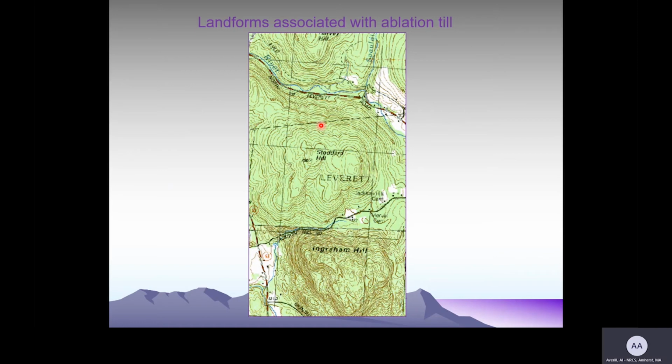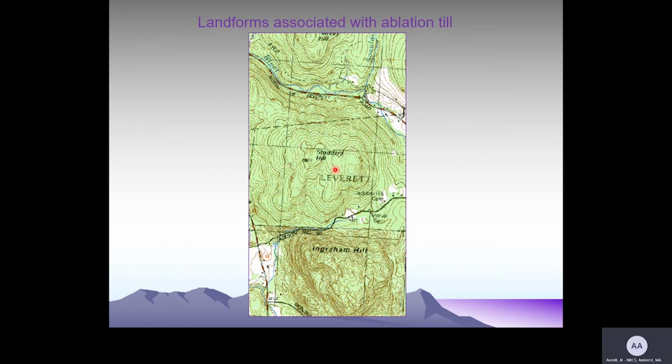Lodgement till, ablation till or supraglacial till tends to be on the valley sides of hills. They tend to be not as smooth shaped, and you can see that these contour lines are undulating a bit. Also, you often find ablation till